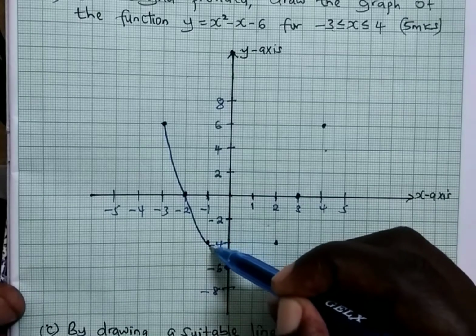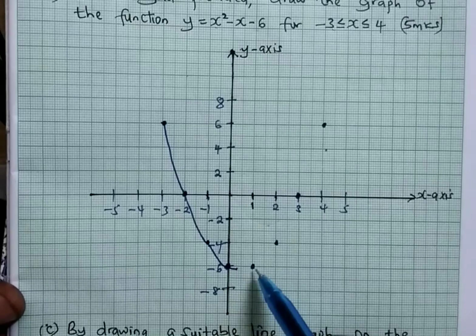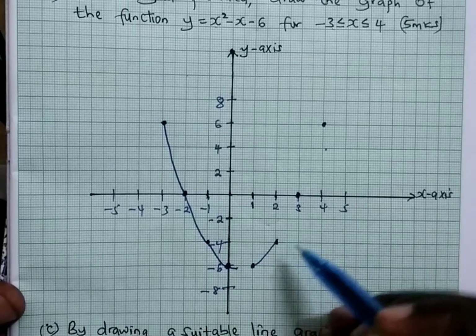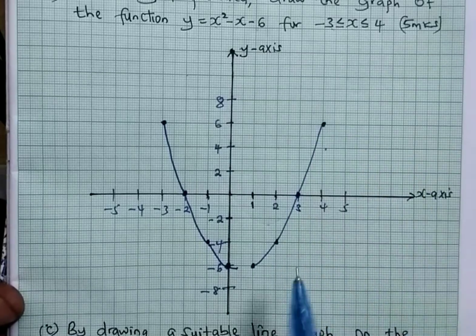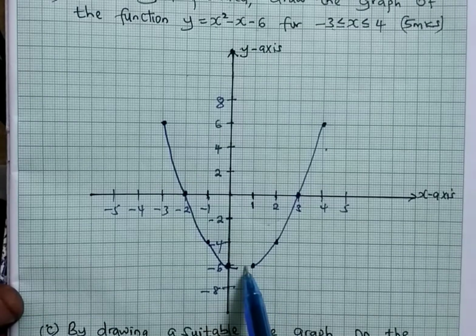We join all these plotted points using a smooth curve. So we are not supposed to complete here. We can still take it from this particular point here. But you realize our curve is turning at this particular point, so we cannot simply draw a straight line since